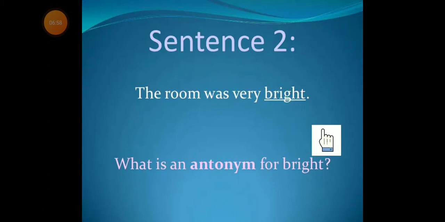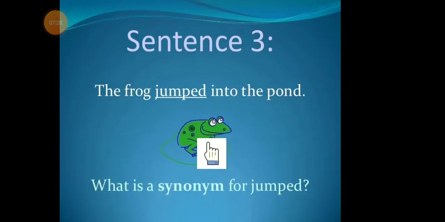Okay, then what is the opposite meaning of bright? Yes, guess it fast. Ugly? Yes, ugly or dark can be the best opposite meaning of the word bright. Okay, so how could the room become bright? Because of the lights, because of the tube light, because of the window. So the room turns bright. Okay, now let's go to another sentence.